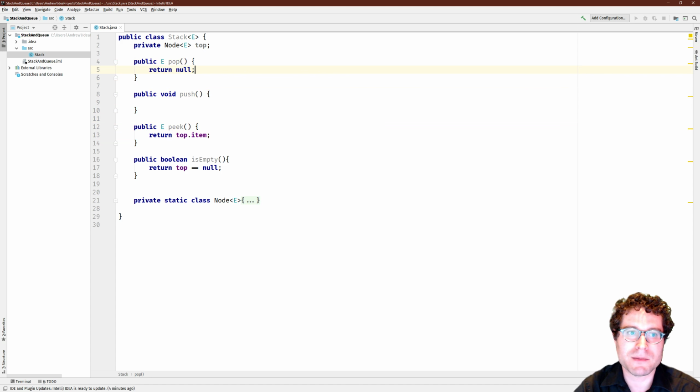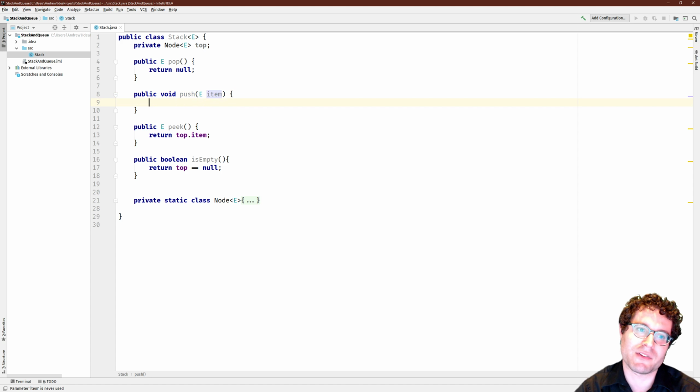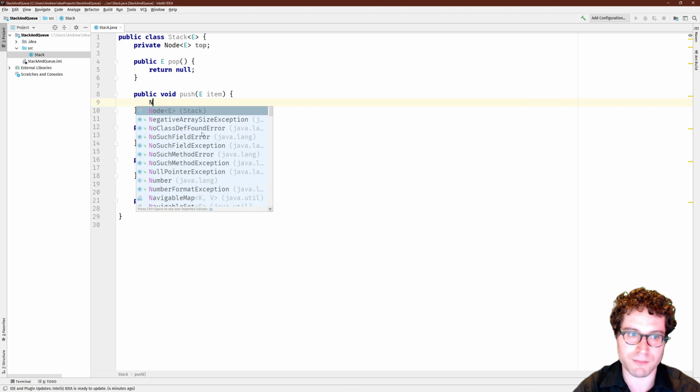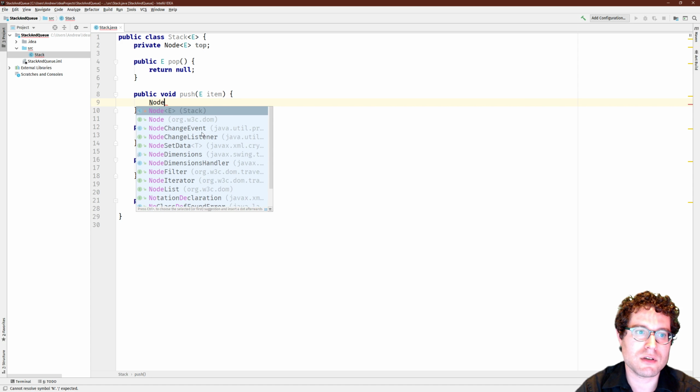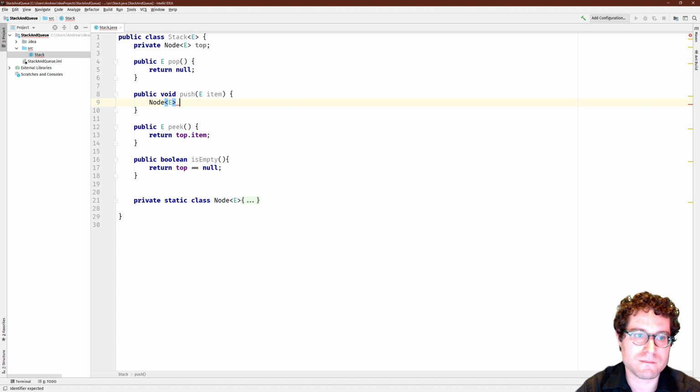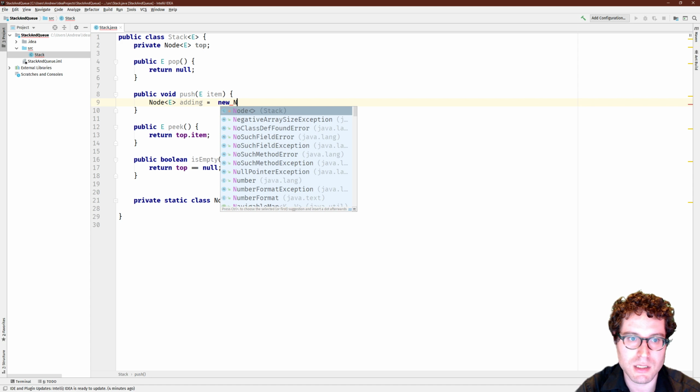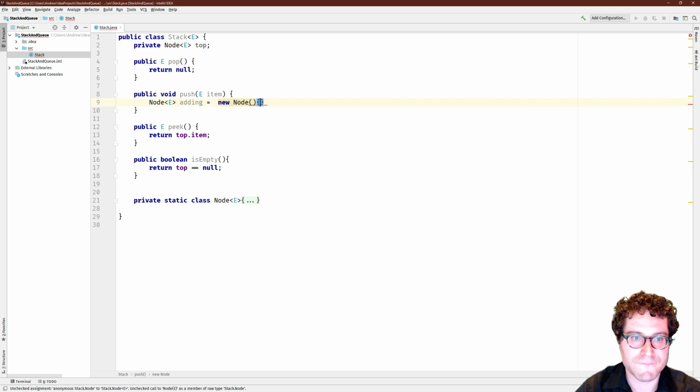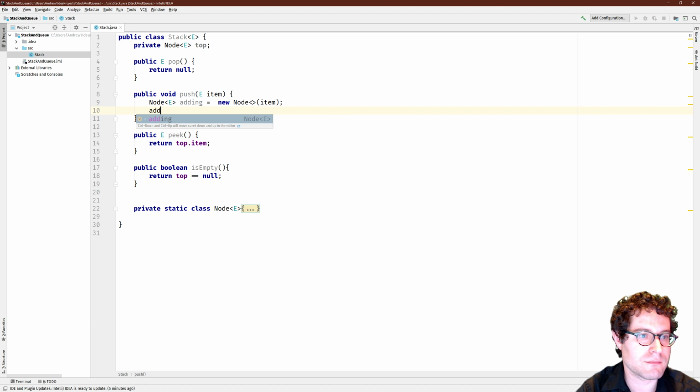So now for pop, that's fairly straightforward. We need to, pop. So for push, we need to put an item on top of the stack. Otherwise, we're getting nowhere. So Node<E> adding is equal to new Node(item). adding.next is equal to